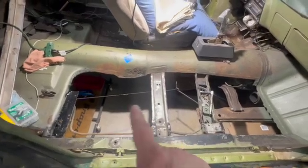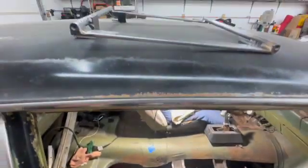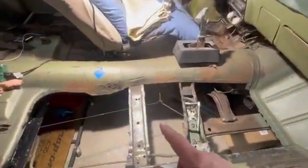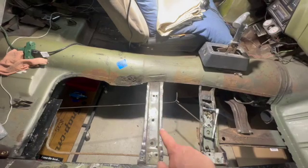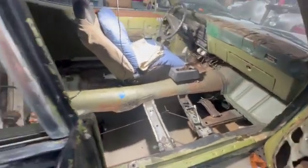And I'm doing another video on these floors and also on making some seat brackets for some new seats I'm going to put in here. But I'm going to try this technique out on an area because these holes really don't need to be filled, but I'm going to fill them as practice because I want to learn the technique and get it down